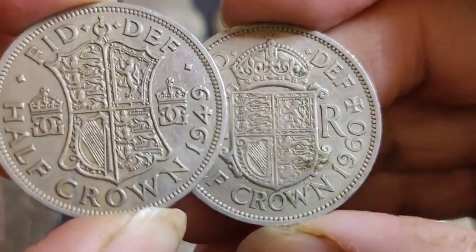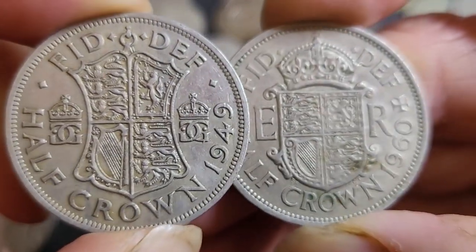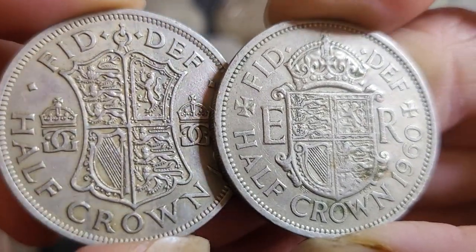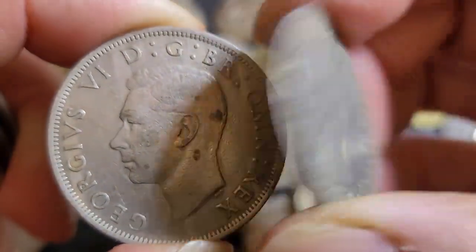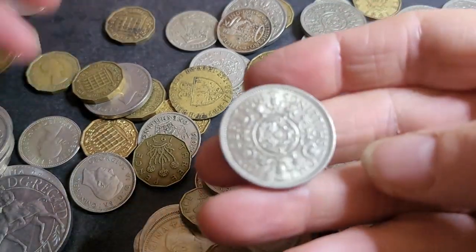Okay, here we have a 1949 and 1960. As you can see, the shield is different. So when they change monarch, they usually change the design of the shield sometimes. And they change the design during the reign of that monarch. This is George VI. Okay, then we have the